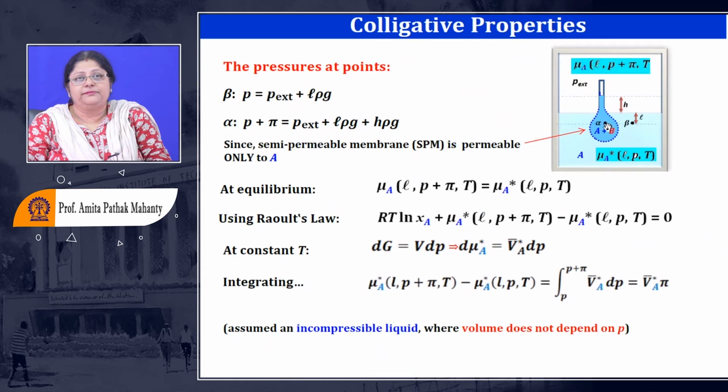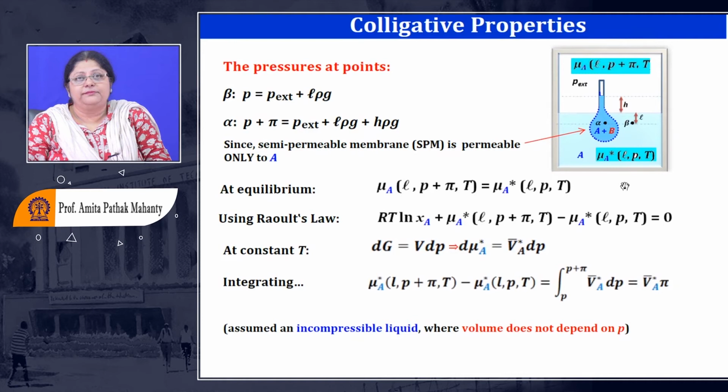One is this pressure, one is the pressure at the alpha state. I can call this the alpha phase, and I can call this the beta phase. Beta phase is the pure liquid, that means the pure solvent, and this alpha phase is the mixture of the solvent and the solute. So if I look into the pressure conditions through which the flow of the solvent is taking place, I have two pressure conditions. One is in the beta range.